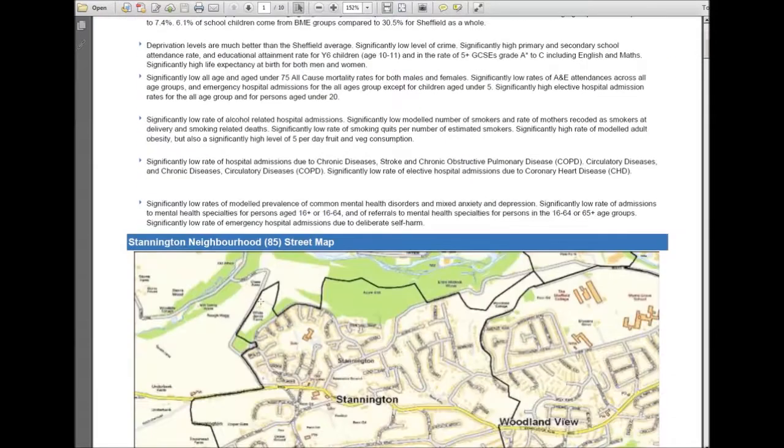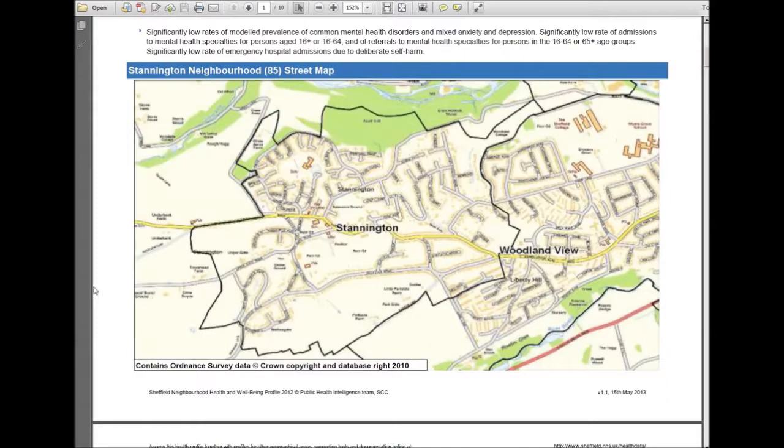If you scroll down through, the next thing you can see when you look through the health profiles is a map. So here's a sort of rough outline of Stannington here, and you can see that outline in black, that's Stannington area. And then if you scroll down a bit more,